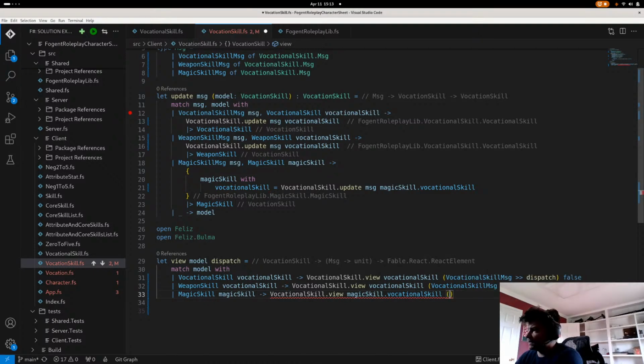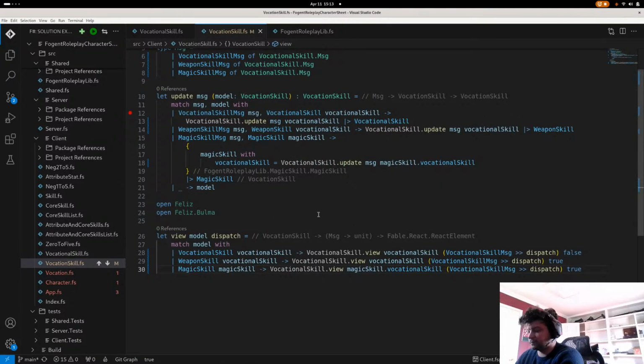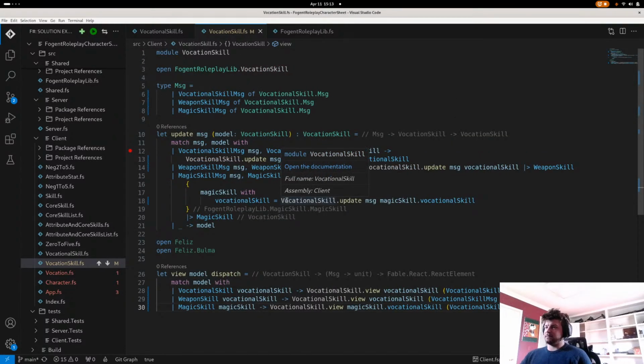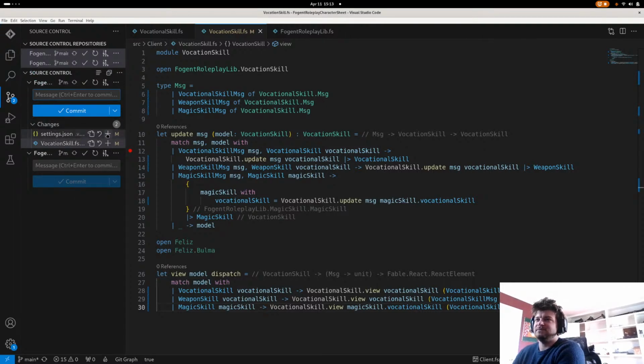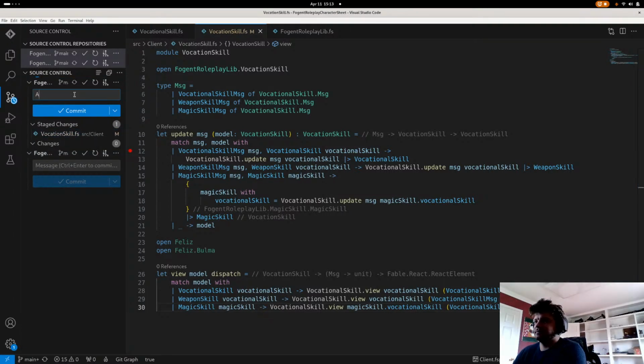I will give it the same thing, and I will give it true. Alrighty. I believe vocation skill, and that is some dense logic right there. Added or fixed UI